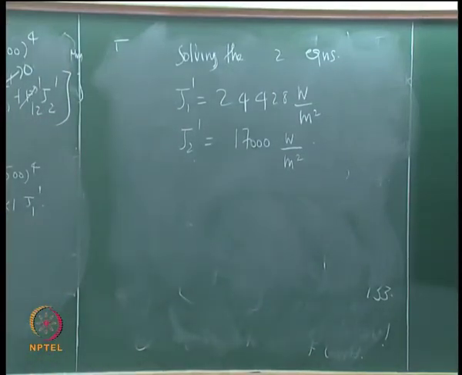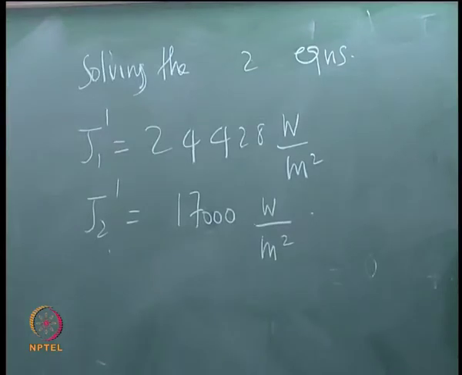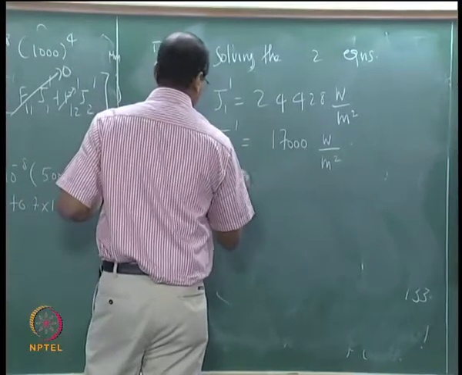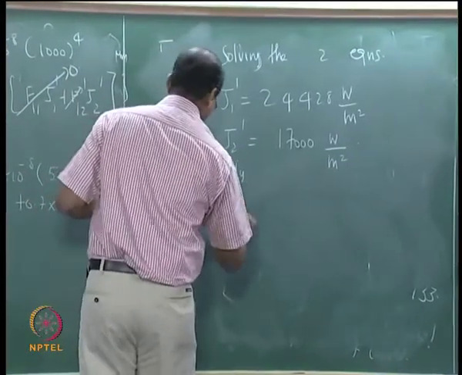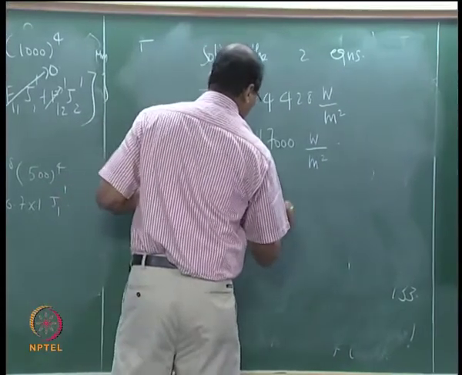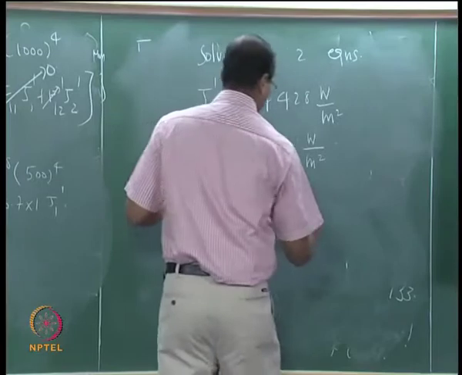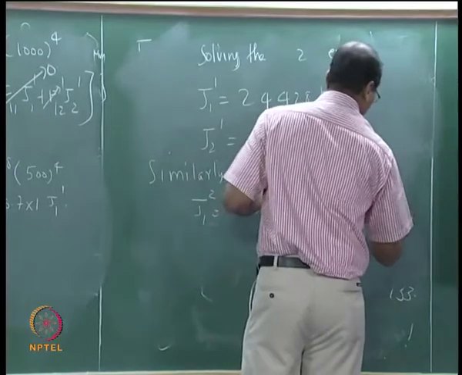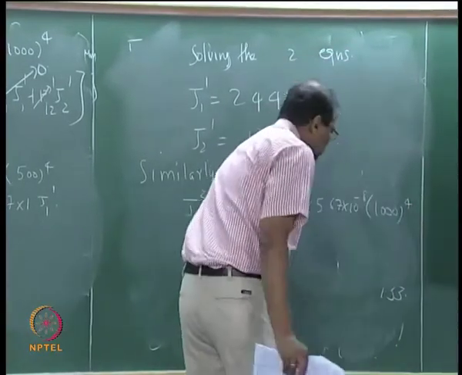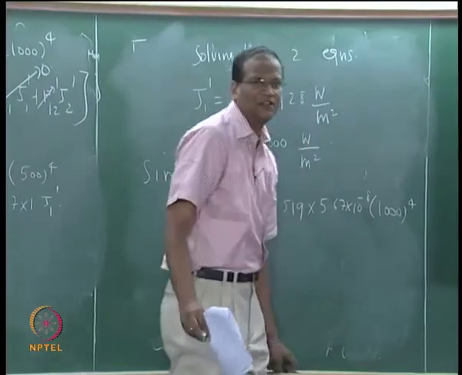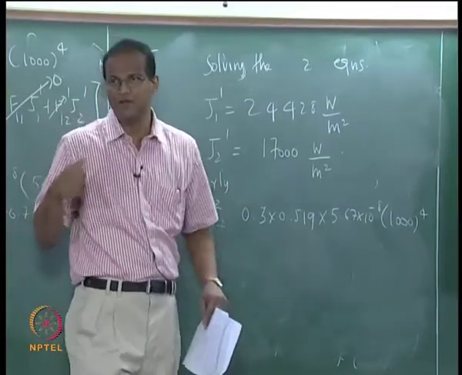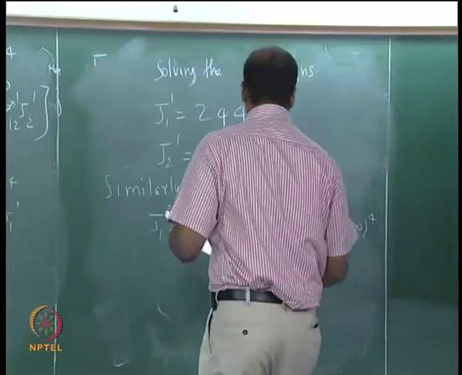exactly similar procedure. You will get J1 and J2 of band 2. You have got J1 and J2 of band 1, correct? Right. So similarly, see, you had a simple system. Suppose you had 3 surfaces and you had self view factors, it will be very messy. Then you have to do the same thing again and again for how many ever bands you have.